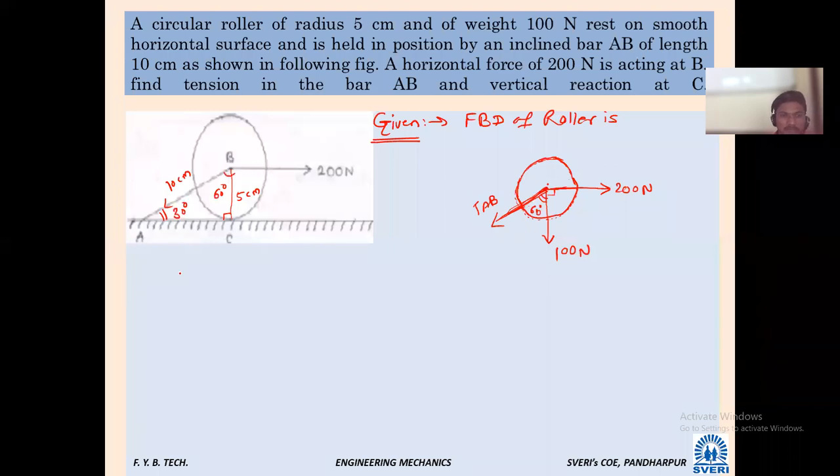You can see now, apply Lami's theorem. So what will that be? T_AB, the tension in AB, divided by sine of the angle between the remaining two, sine 90, equal to